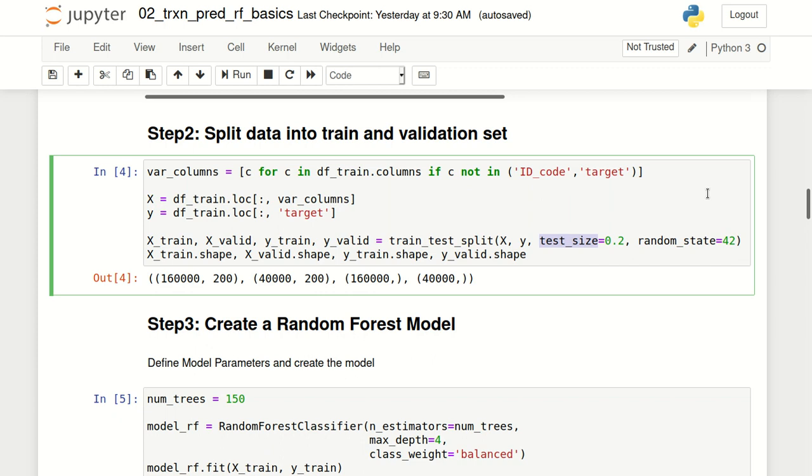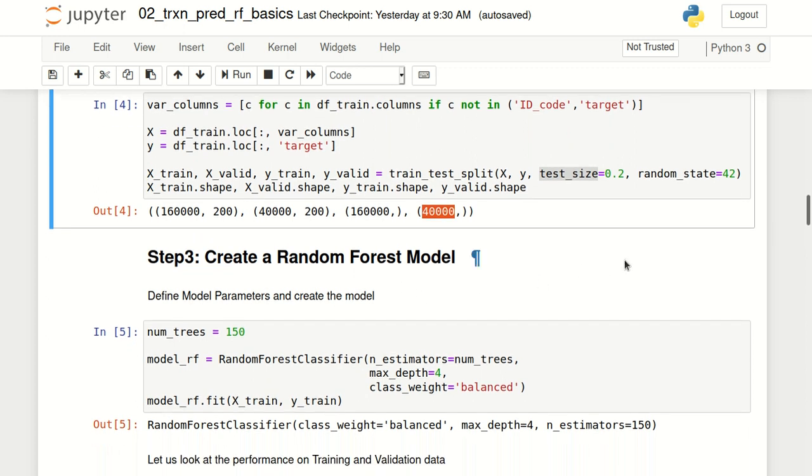What this means is 20% of the data will be kept for validation, and this will be selected randomly. As you can see from the shape attributes of all these datasets, the train dataset has 160,000 rows, while the validation has 40,000. So there has been an 80% sample for training and 20% sample for validation.